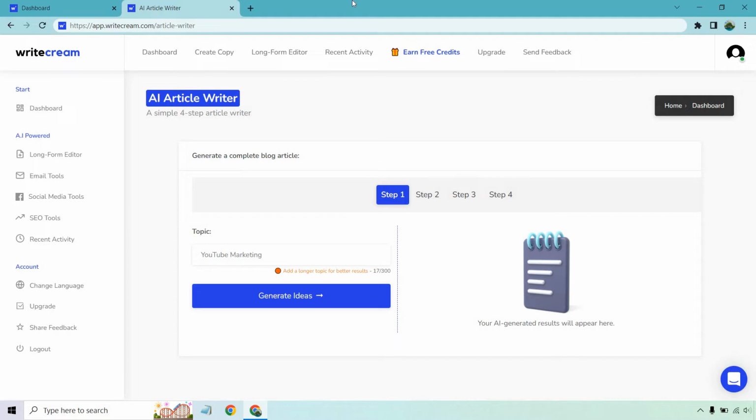So what I've noticed with this is that the shorter you create it, kind of the better ideas it's going to give you, just from personal use and experience so far. So even though it says add a longer topic, I've noticed that when you add a longer topic, it gets a little bit repetitive. So I'm going to go pretty broad with YouTube marketing